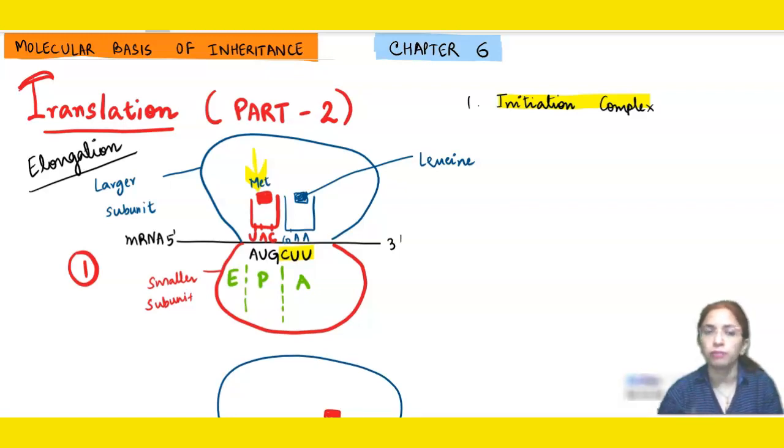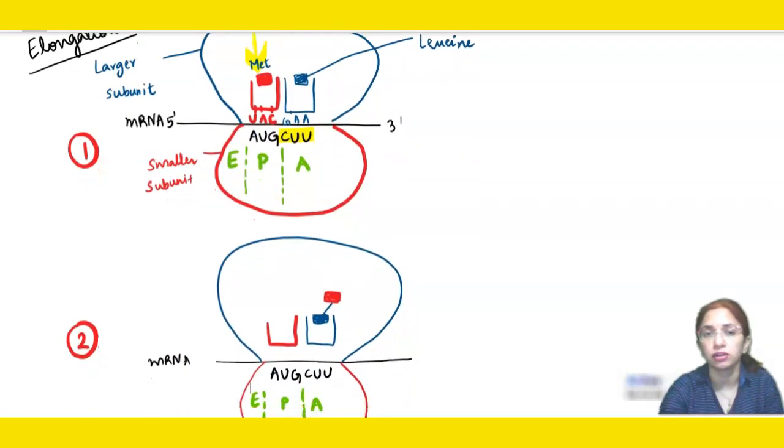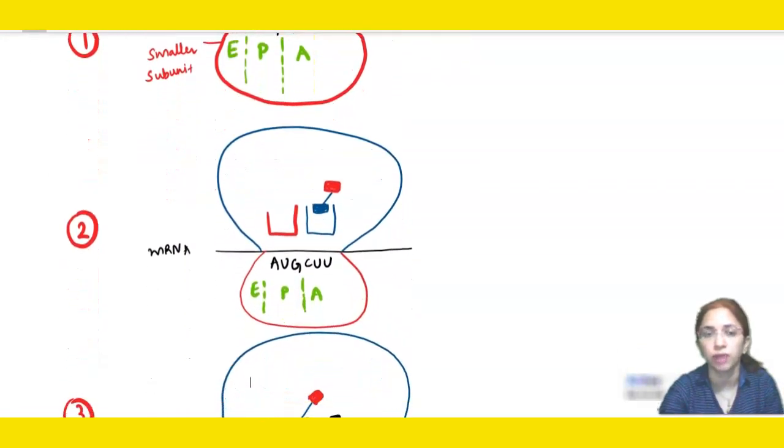Okay, now our P site and our A site are already full. A third amino acid cannot come. But prior to the third amino acid, the next step has to happen. Okay, now what will happen? The P site amino acid, now you must be remembering that each amino acid has an N terminal and a C terminal. Okay, suppose this is our amino acid at the P site. Suppose this is our methionine.